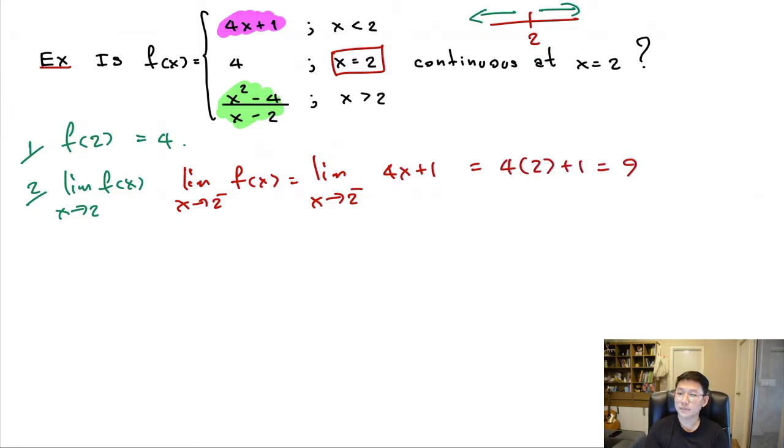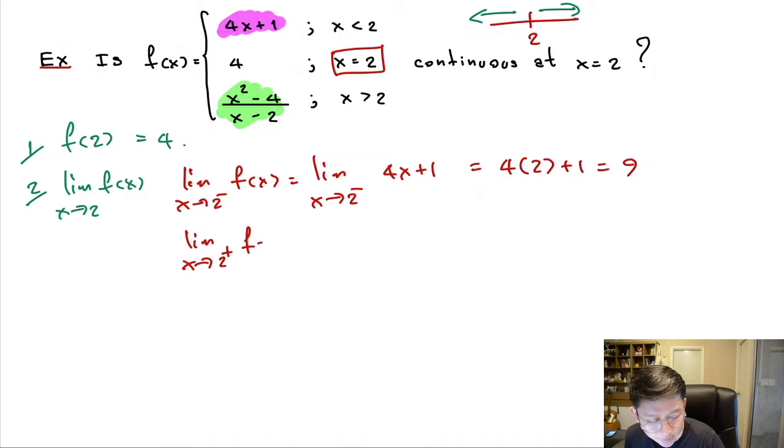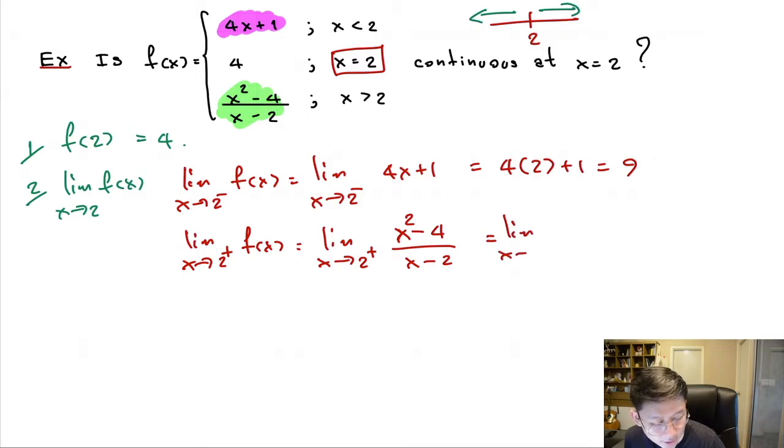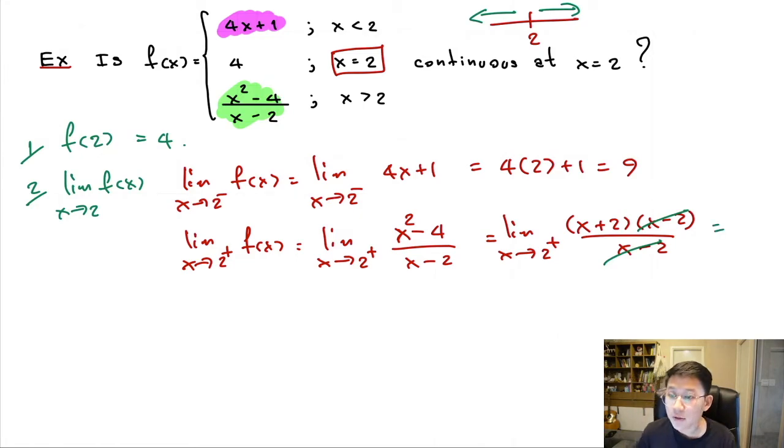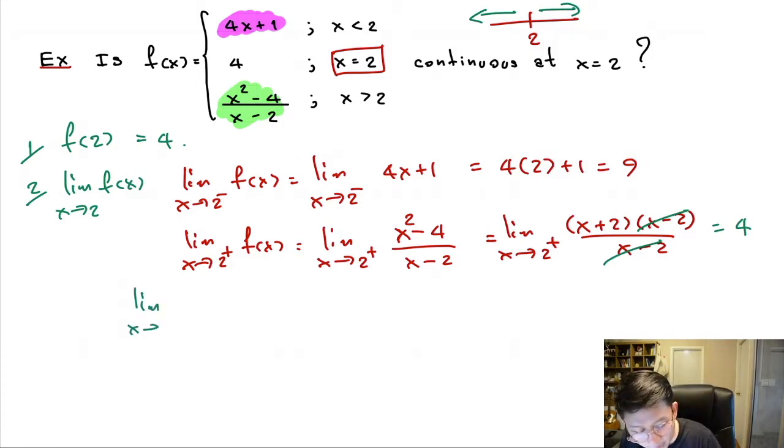Right? So the limit as x approaches 2 from the right-hand side of f(x) is the limit as x approaches 2 from the right-hand side of (x squared minus 4) divided by (x minus 2), which is the limit as x approaches 2 from the right-hand side of (x plus 2)(x minus 2) divided by (x minus 2). So that cancels out, and the limit is actually 4. So guys, the limit from the left and from the right aren't equal. It means that the limit as x approaches 2 of f(x)